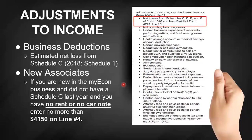If you are brand new in my econ and you did not have a business last year, you did not have a Schedule C reported last year, and you do not have rent or mortgage or a car note, I want you to enter $4,150 on line 4. So basically you are getting one additional allowance. Again, if you do not have any rent, mortgage, or car note, do not put more than